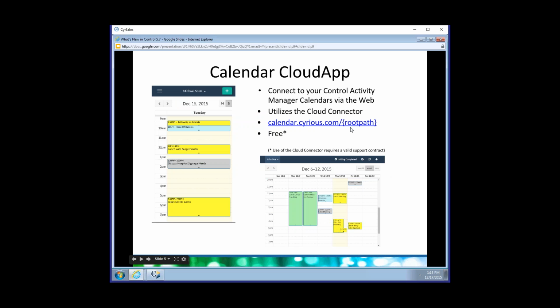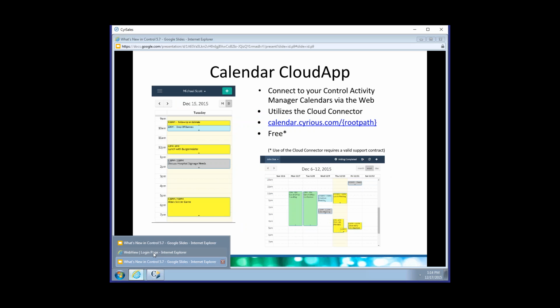And this is, of course, the cloud connector, it's a nice slide, but it doesn't really do anything for you. It's an enabling technology, but by itself, it's not really useful. So one of the first apps, and this is also with 5.7 been released, so there's no additional charge for this. If you have 5.7, all you have to do is turn on the cloud connector, and you're good. And what that does is,